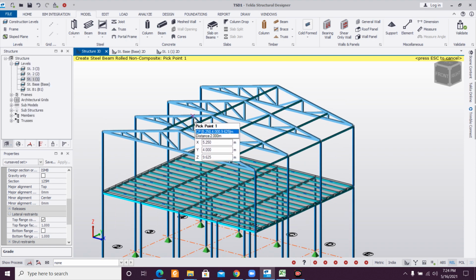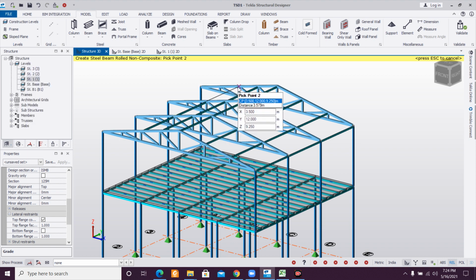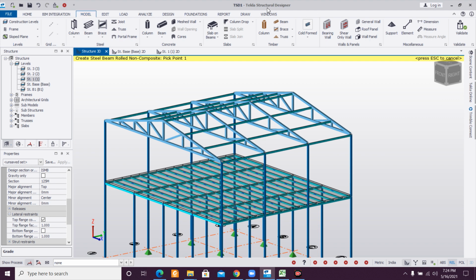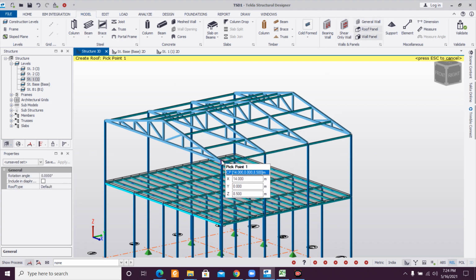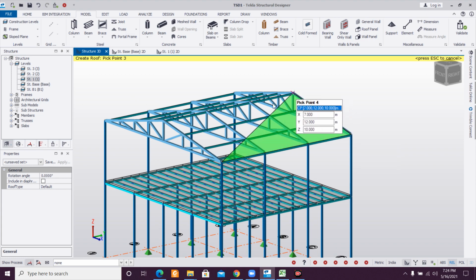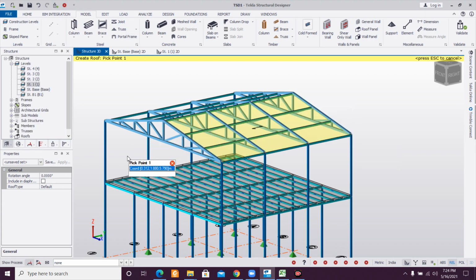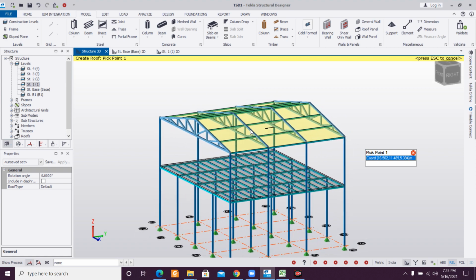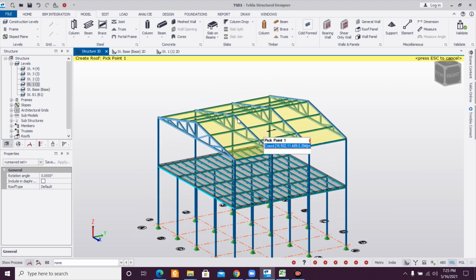So these beams have to be joined like this. After this joining of the beams is complete, we'll go for the roof part. So let us complete this. Now this is completed. So we'll go to model here. Already we are in the model. Now roof panel, select this point 1, 2, 3, and here double click. Similarly, select this point 1, 2, 3, double click here. Like this, the roof panels have been applied, and after you apply the roof panels, you can apply some bracings.